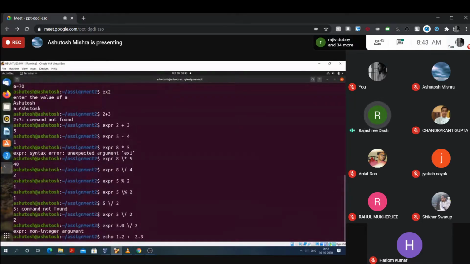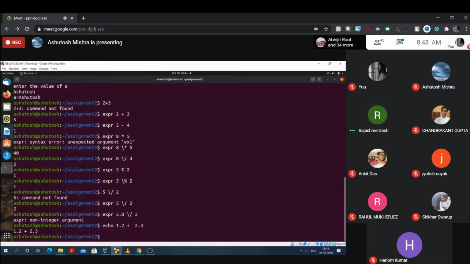Now just check by writing this much, is it able to give you the output? Enter. So it is not giving you the output of 1.2 plus 2.3, rather it was displaying it as a string, 1.2 plus 2.3.